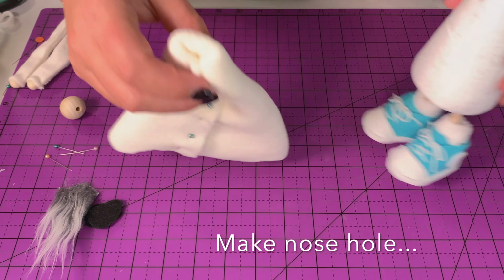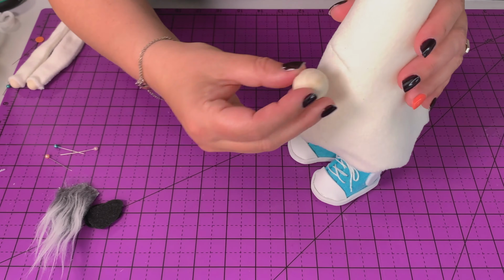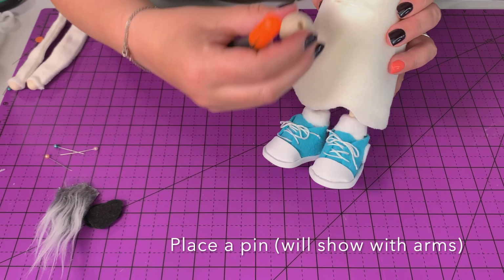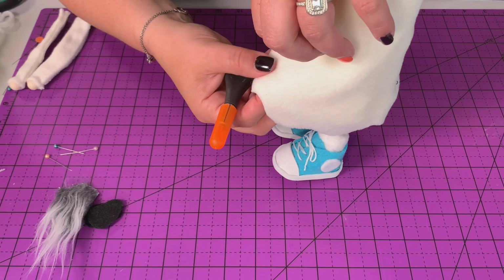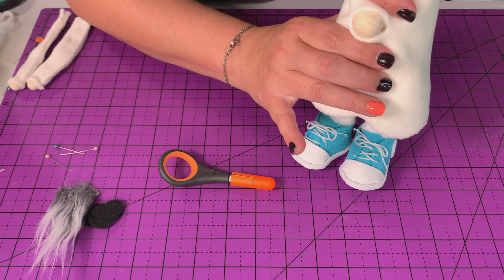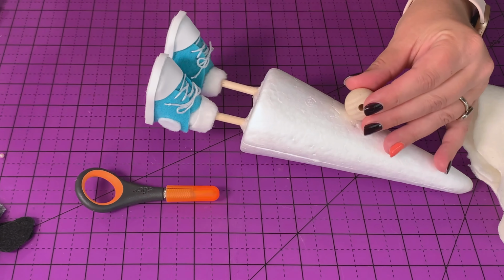All right, now to make the nose hole, I already made it here, just wanted to make sure my concept was sound. What I did was I put this on, and then I rolled up the bottom edge, and I put a razor right where I wanted the gnome to be. So then I'll show you. I just put this up the skirt, so to speak, roll it right on up, and then wherever I liked where it looked, I just cut that fabric a little bit so the nose can be there. Now, it's okay if you don't get the entire nose to come out. We're going to adjust it later, but once you do have a little bit of the slit in there,